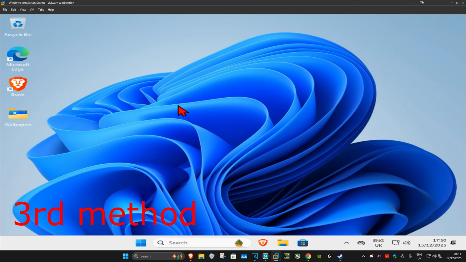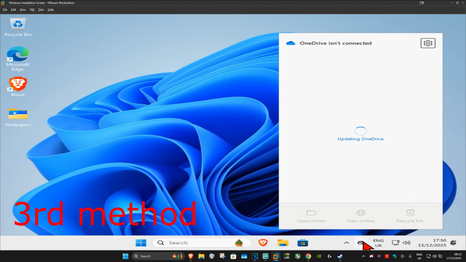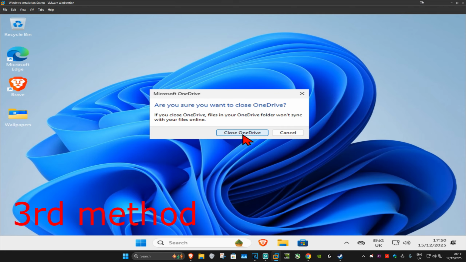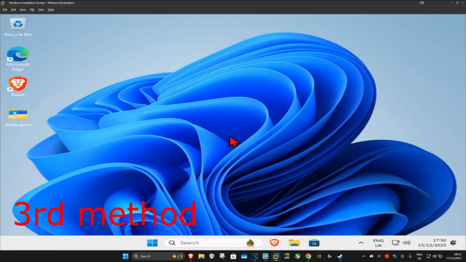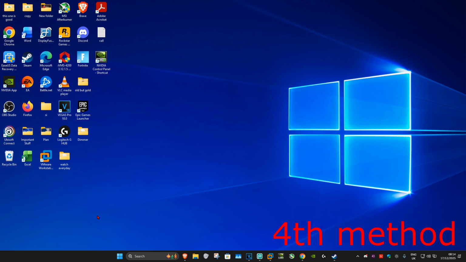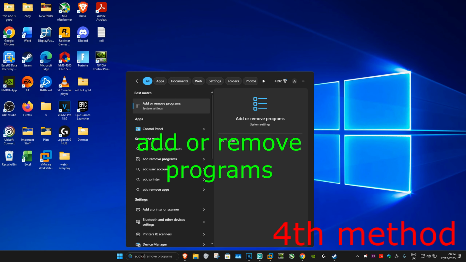For the next method, if you have OneDrive open, then you want to close it. In the bottom right of your taskbar, you might be seeing OneDrive right here, or if you click on the arrow, it might appear over here. Now, if you do see OneDrive, you want to right click on it, and then click on Settings, and then click on Quit OneDrive, and then click on Close OneDrive. See if that works. For the next method, you want to go to Search and type in Add or Remove